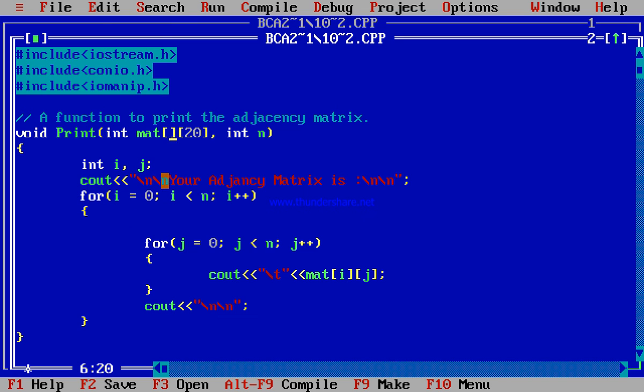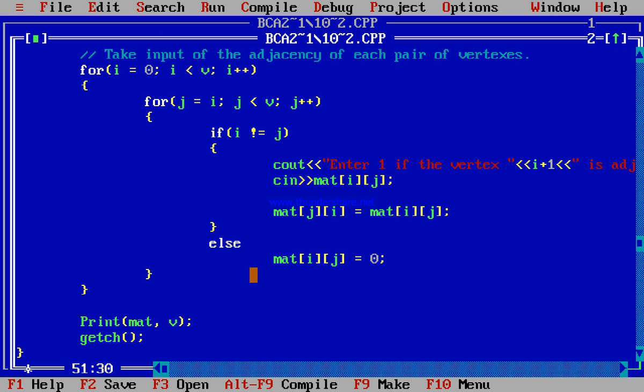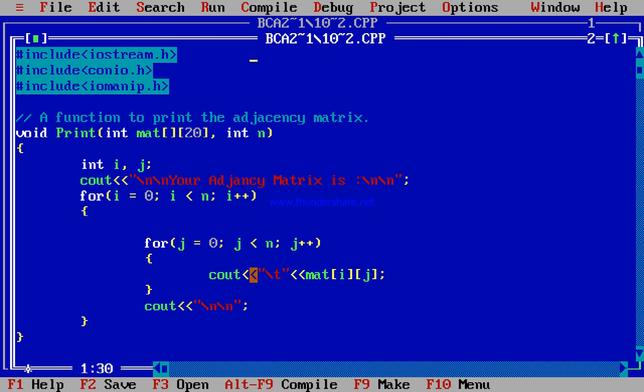In the print function, your adjacency matrix is printed according to the input given by the user. We print here the matrix ij. Here our matrix is 2-dimensional, that's why again two for loops are taken, and in between those two for loops we print the matrix. In this way we do the program of adjacency matrix.